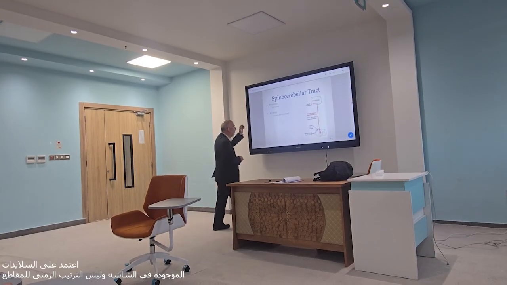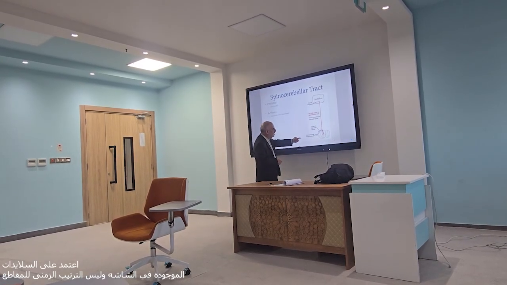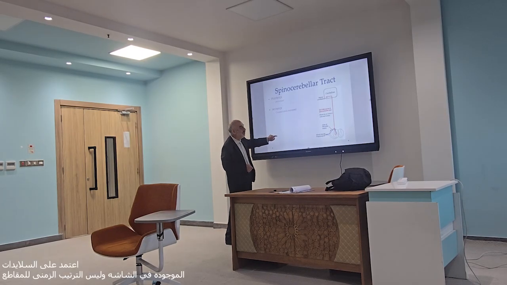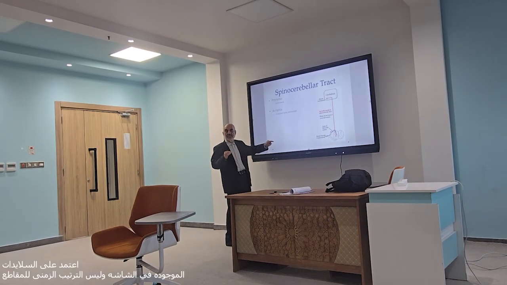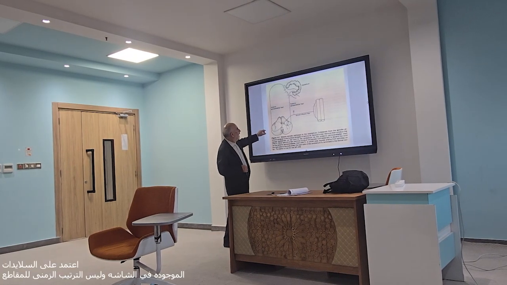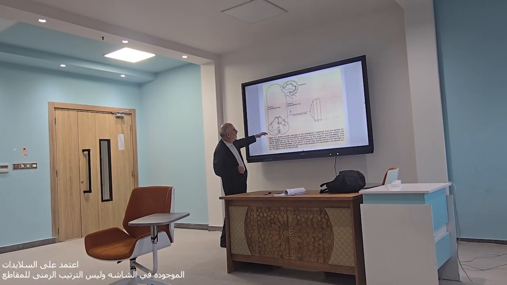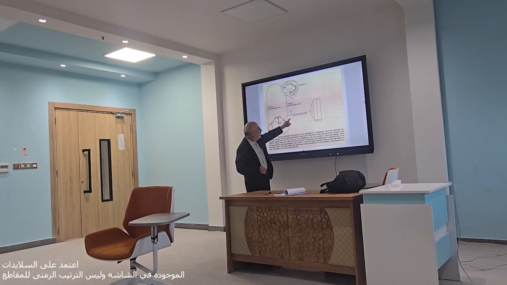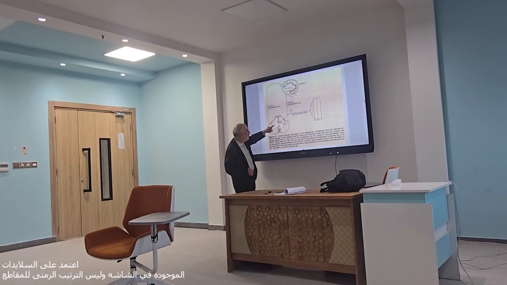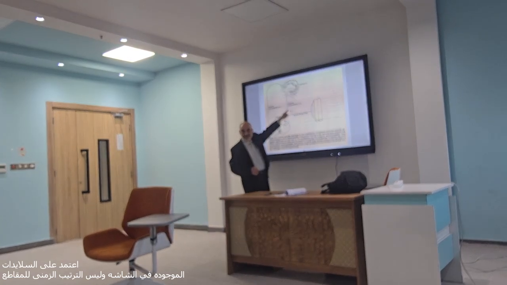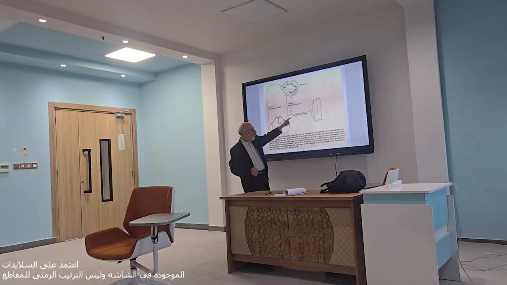So we have posterior, we have anterior, and this is the dorsal column. So the dorsal column is important. Remember the spinocerebellar tract. It's very important. Also this slide shows you the muscle spindle. The spindle afferent fibers send information to the spinal cord, and then one copy to the cerebellum.